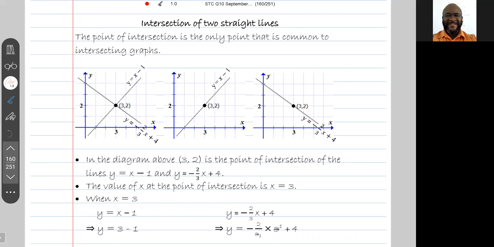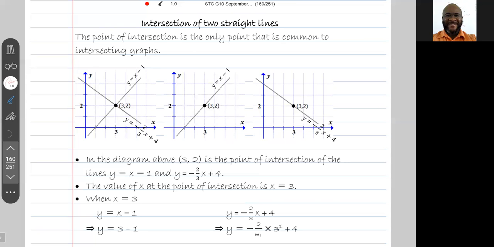So if you look at these two lines, the diagrams, we have three diagrams, and in diagram one, we have the line y is equal to x minus 1 being intersected by the line y is equal to minus 2 over 3x plus 4. And you can see that there is only one point that is common to the two lines. In other words, the one point, the point of intersection, which is (3, 2), is the only point that is